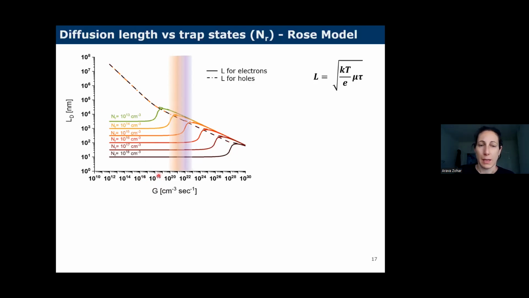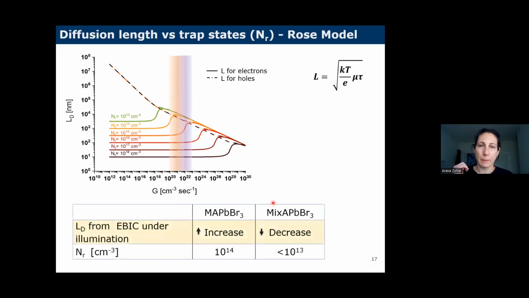And if we try to look back at our EBIC image, basically we saw for the methylammonium lead iodide an increase after illumination. So it's somewhere over here, as you can see, and the yellow shade over here represents the area where I illuminate, the intensity of illumination that I use in the EBIC. So it's somewhere over here, and we assume that we have 10 to the 14 per cubic centimeter defects